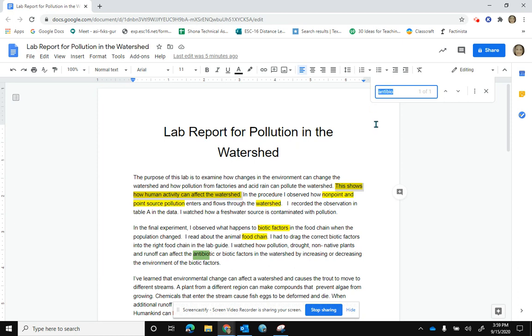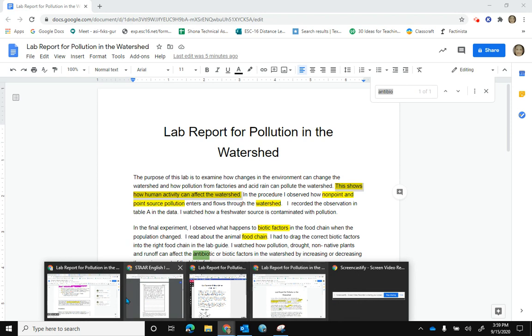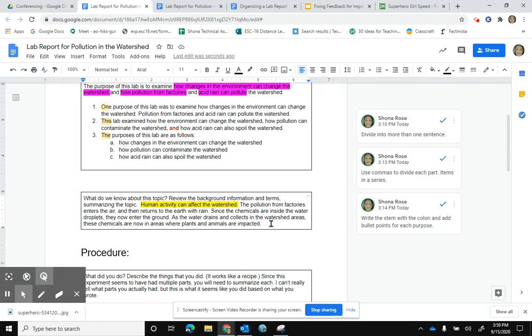You're going to have to be really careful not to accept spelling changes that change the meaning of what the scientific concept is. The word actually is abiotic, and that is the scientific term that means, I think, without life. So you've got to really think about what terms you're wanting to correct whenever you're going into work like that. So your next steps would be to address those concepts.